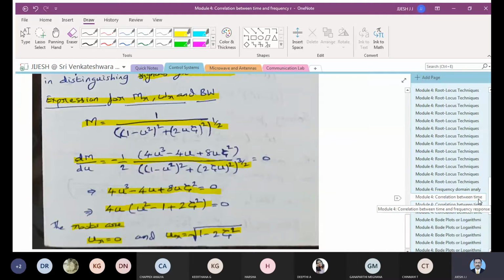So here we got the roots as ur is equal to 0 and ur is equal to root of 1 minus zeta square. Now we will proceed further. When you calculate the roots, you can simplify that further, and you end up with these two things. So further on,